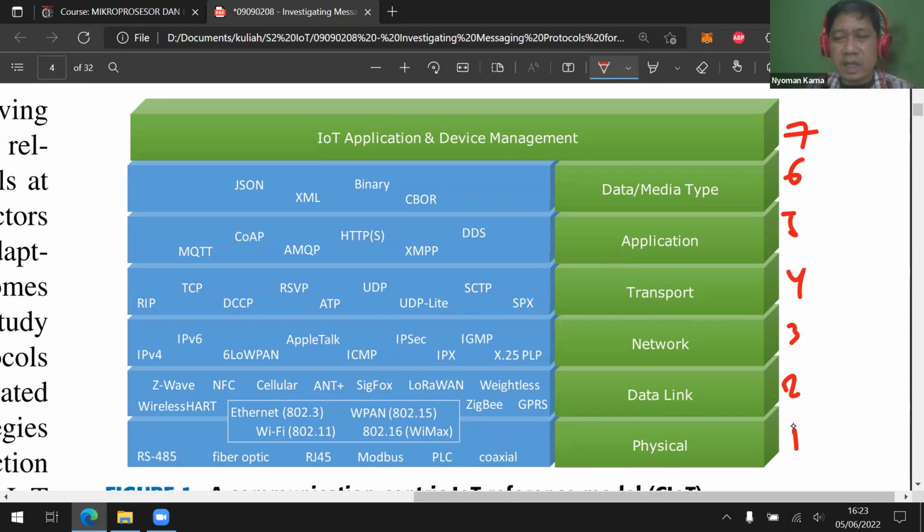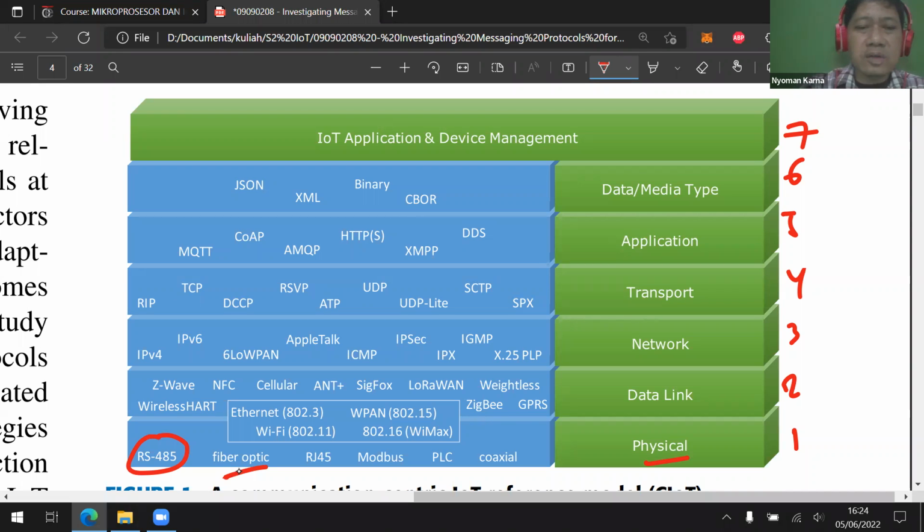And the names of the layers are almost the same as the 7 OSI layers. The bottom one is the physical layer. It discusses cable, wireless, or optic, etc. So in the physical layer we have RS485, and we can also use fiber optic for connectivity between the IoT device and the communication network.